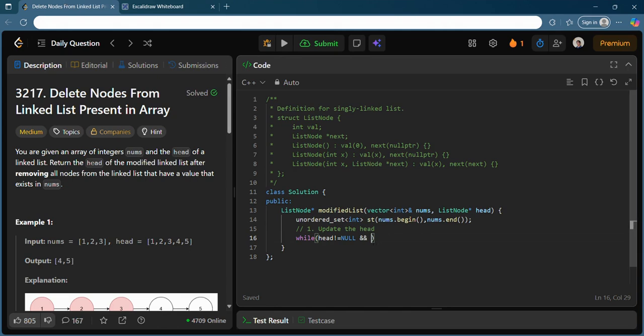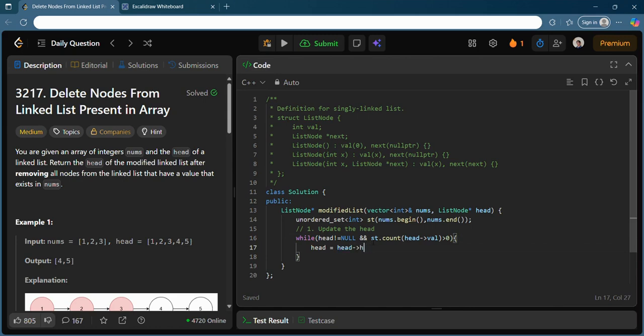So while set.count of head arrow value is greater than 0, it means that there is an element present in the set whose value is equal to the current head value. I just need to bypass this head. So head equal to head arrow next.